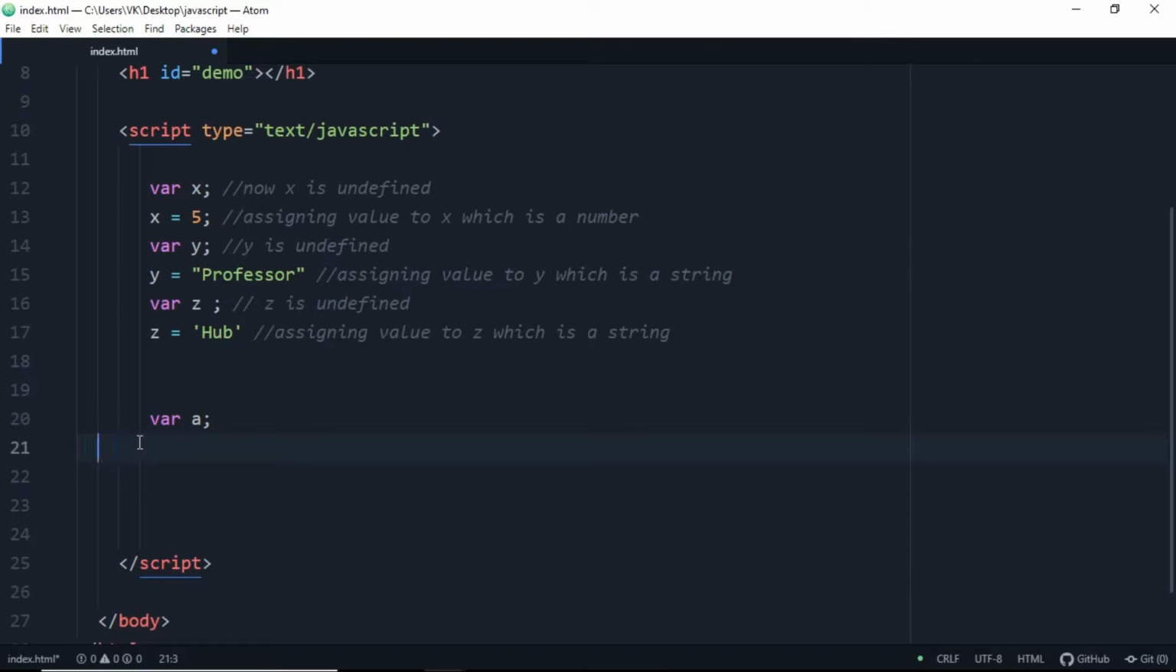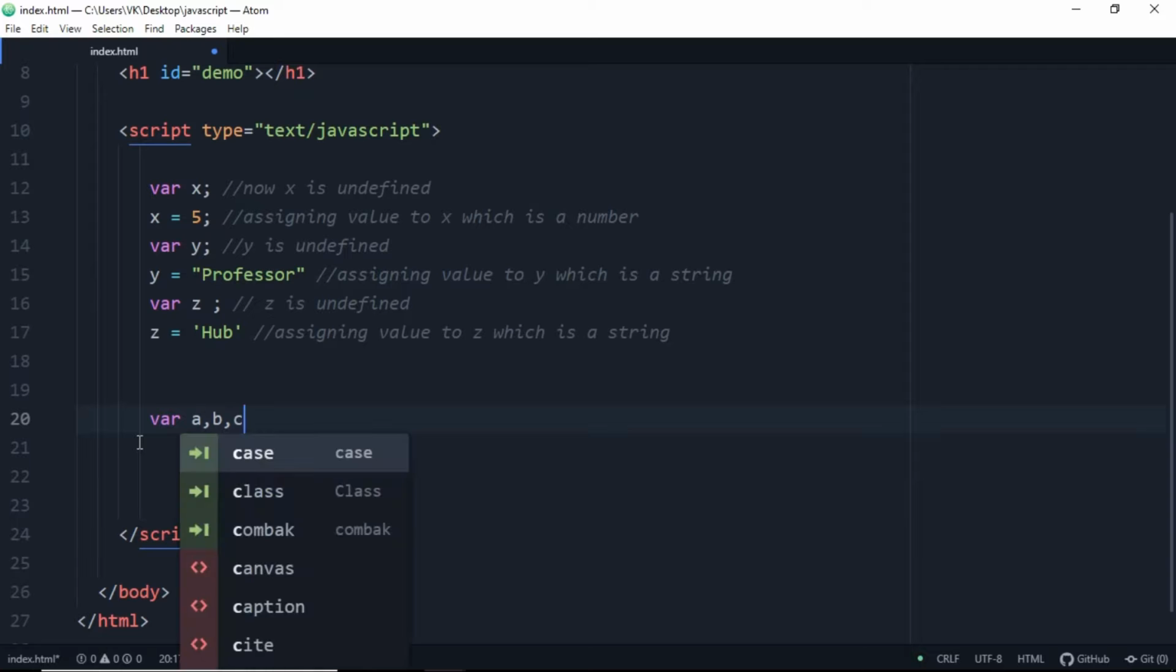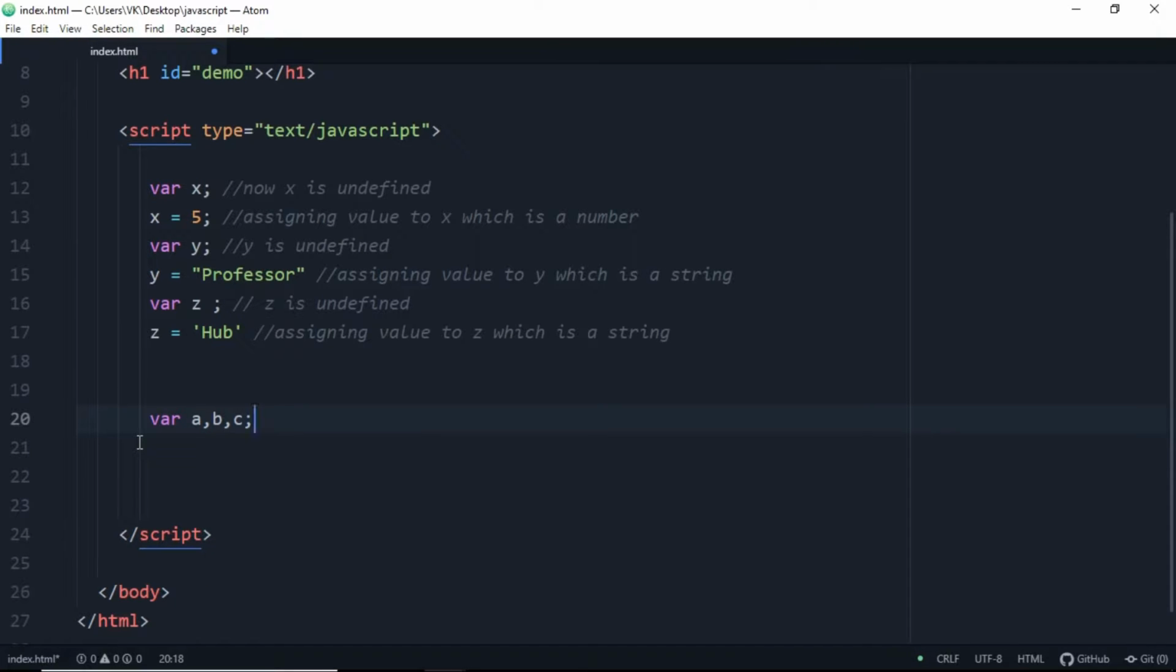Also you can declare all these variables in a single line using a single comma between all these variables. Variable a, comma variable b, comma variable c, and semicolon at the end. So we will declare all the variables in a single line. Currently a, b, c are undefined here. So hit enter and